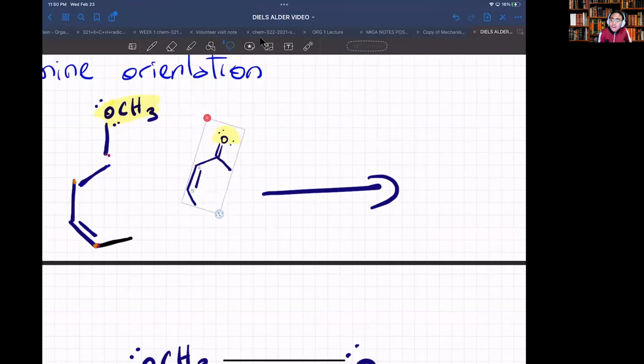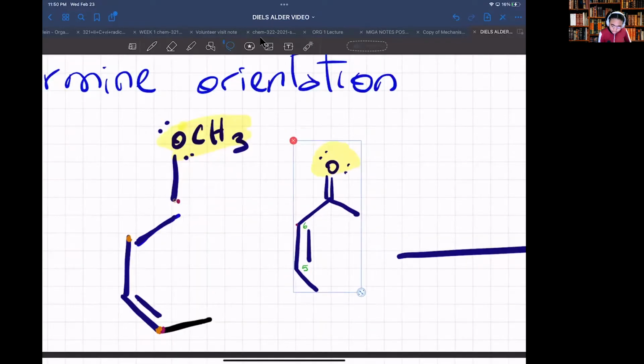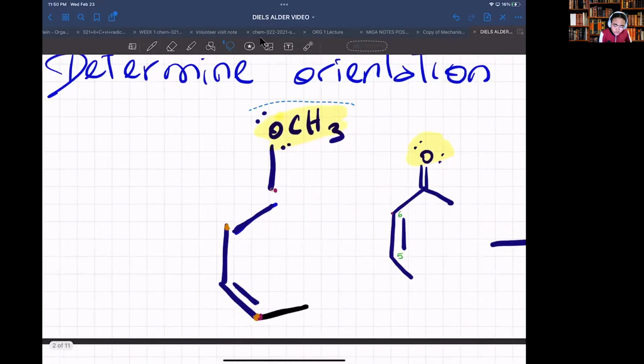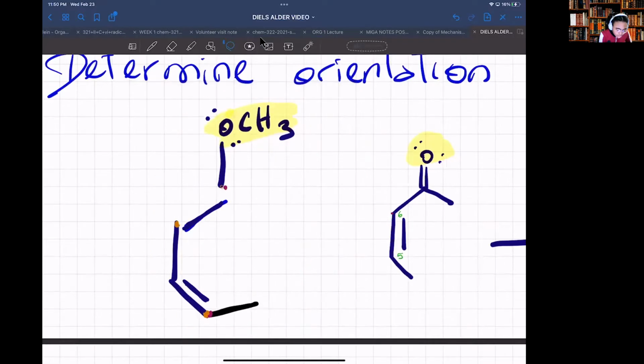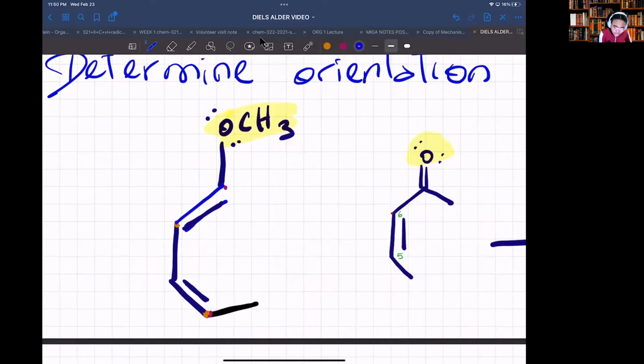It can be upside down, or flipping like the back of my hand, too. We don't really know, but there's a nice set of rules we can apply to get to the answer. First, let's determine the effect the group attached to the diene and the dienophile will have on the overall molecule, right? Okay, on our diene,